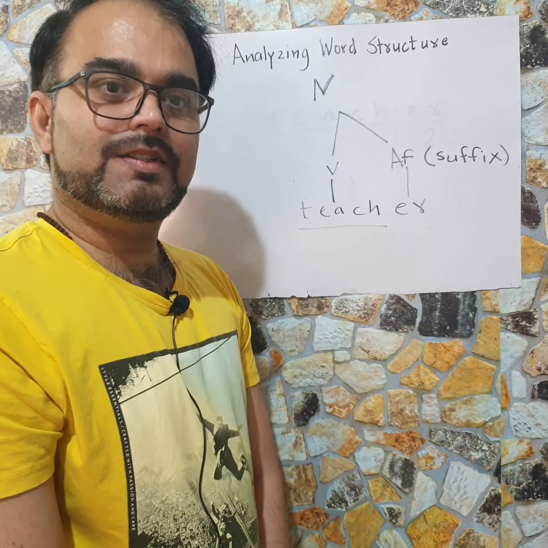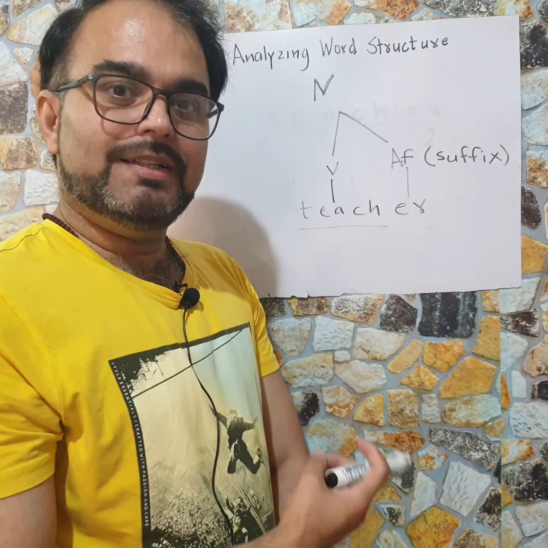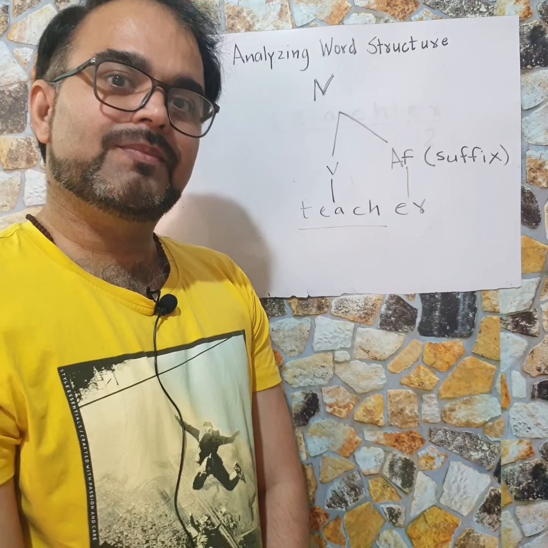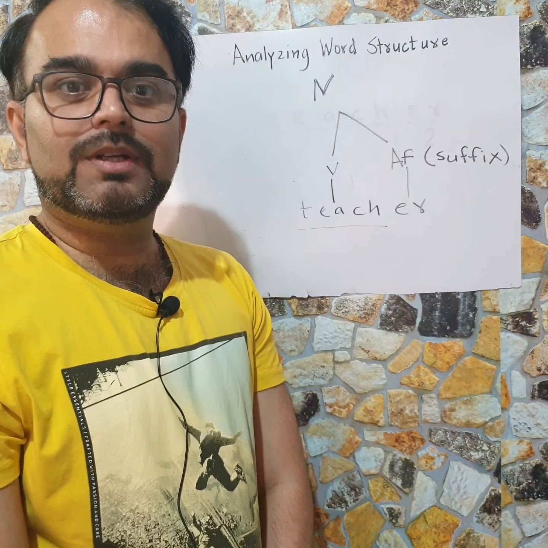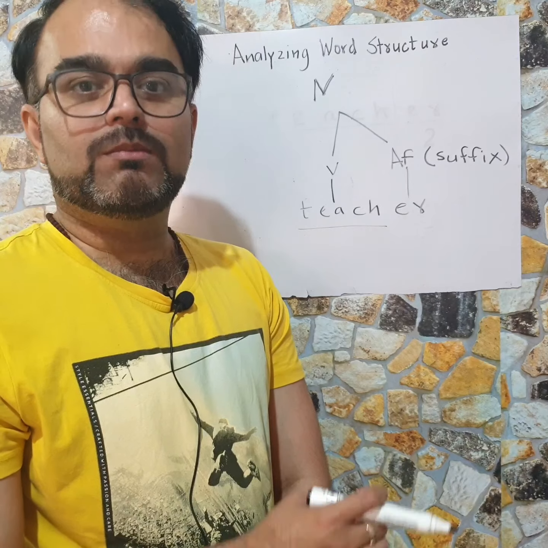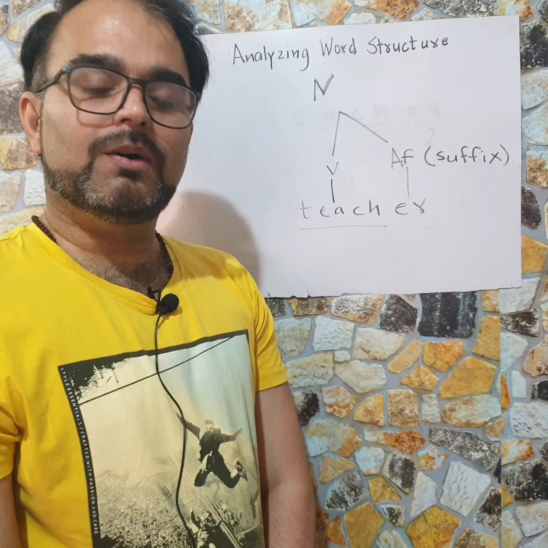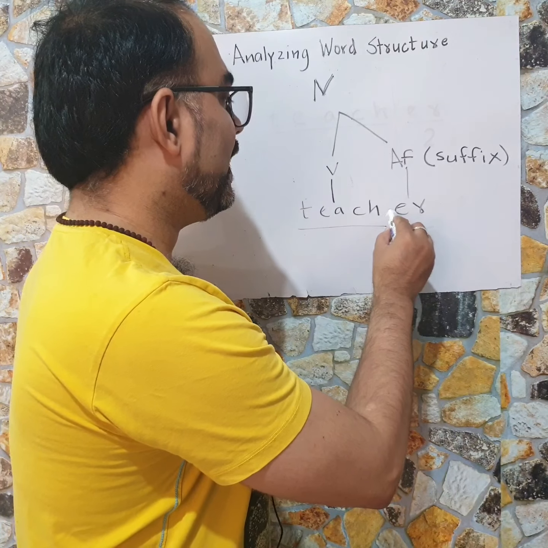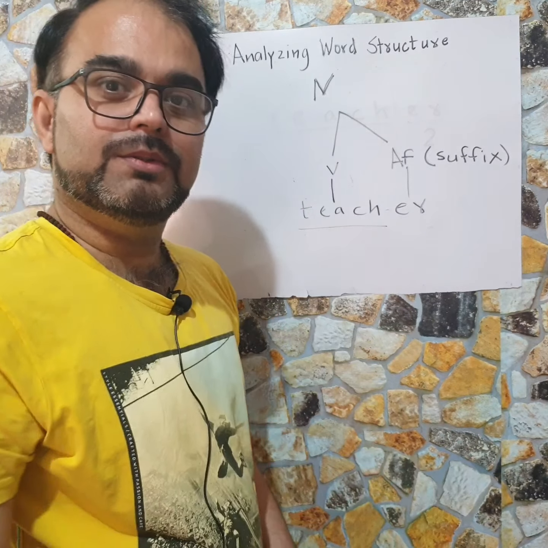So this is the internal structure of this word, and we can likewise draw the internal structure of many different words. The main thing that we need to keep in mind, when we study analyzing word structure, is that we need to classify the root, we need to classify the bound morpheme or morphemes that are associated with that particular word, and not only that, we need to find out what their function is. For example, the function of the bound morpheme er here is to convert a verb into a noun.